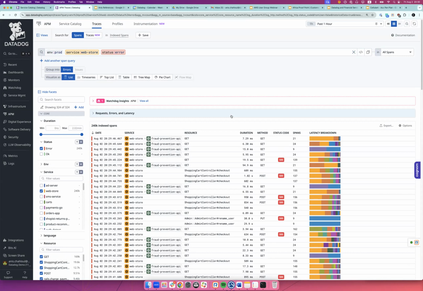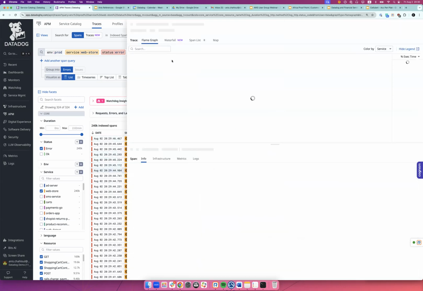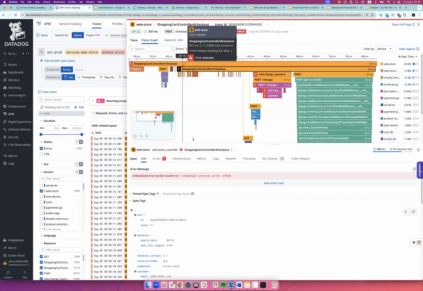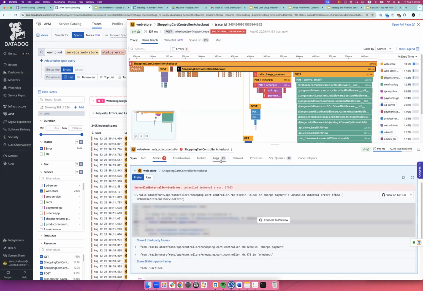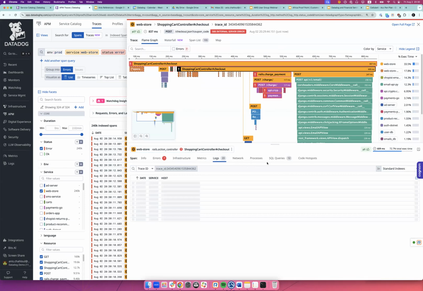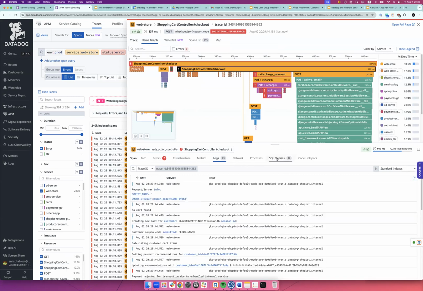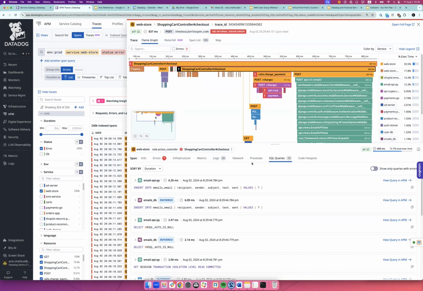And maybe in the meantime, something else can happen. So rather than doing all of that manual correlation, or spending time on non-value activities, you are able to see the particular request. In a few clicks, you can go to the errors, the related logs, and I will get back to the logs, and any SQL queries. I see maybe there is a question.